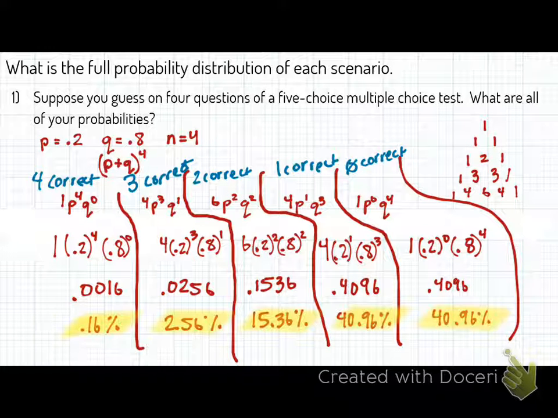And so the numbers will always be 1, 4, 6, 4, 1 for a 4-question test, or a 4-trial example. Sometimes, let's say it's a 10-question test, you have to go all the way down to 10. You find Pascal's at 10, you work out all 10. Or the problem might say, what's the probability of you getting 9 correct out of 10 on a 10-question test that's 5-choice multiple choice? So it's a lot of organizing, but you could go to that specific one, which would be the second one. Okay?